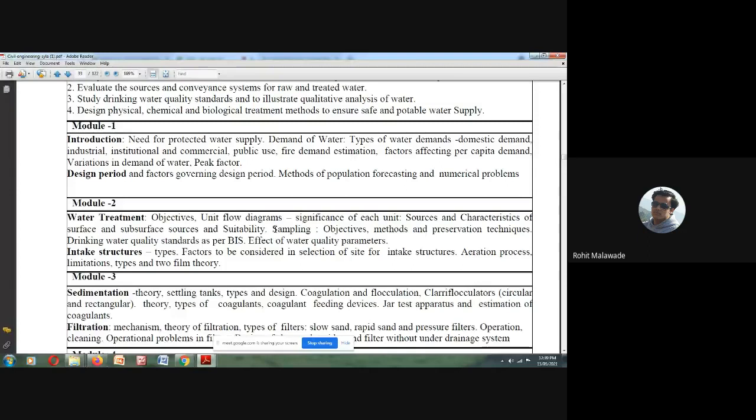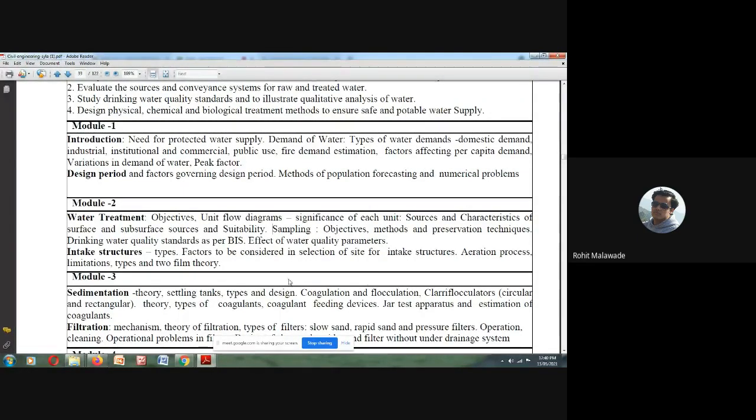So sampling is nothing but the process of collecting the water sample, in order to see what the different parameters in the water are. In order to check that, we will be utilizing some method to take that particular water from the source of water to the water quality testing laboratory, where we are going to check the water quality. The method of collecting the water sample from the source and bringing it to the laboratory, that particular method we call sampling.